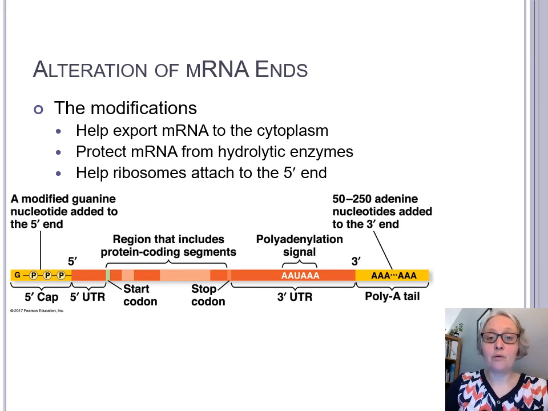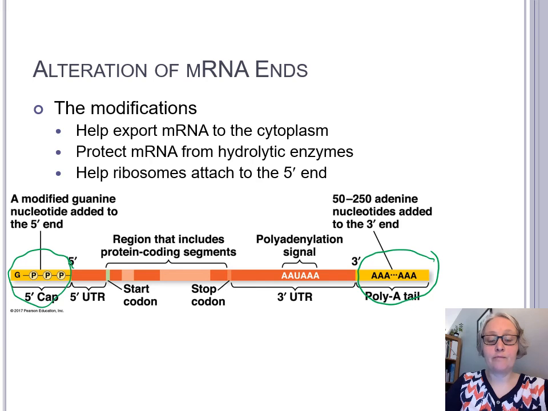The 5' cap and the poly A tail help protect this mRNA from hydrolytic enzymes. If we think back to viruses, remember viruses infect us with their genetic information and then they take over cells. So cells have a lot of defenses against just random molecules of RNA that are floating in a cell. So what happens is that we need some way of protecting this RNA. And so you can think of this yellow region right here and at the 3' end as being protective. If an enzyme sees this and tries to attack it, doesn't recognize that it's needed, this is going to protect